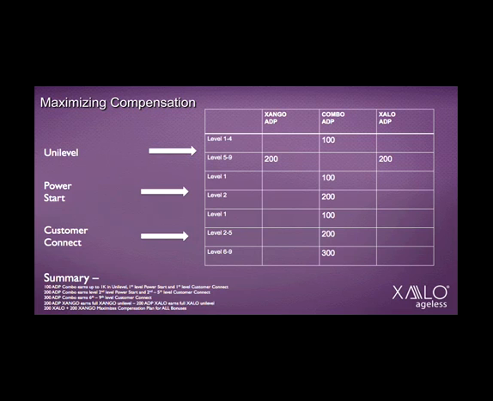Now I bump up to 300. 300 any combination, any product. Now I'm getting the full customer payout, 9 levels of customer volume. And if 200 of that was XALO and 100 of it was XANGO, I would be qualified on the XANGO side for up to the 5K position, and on the XALO side for all levels and all ranks in the compensation plan. And if you want to be qualified for all levels and all ranks in both divisions, then you do 200 in each. 100, 200, 300, 400.